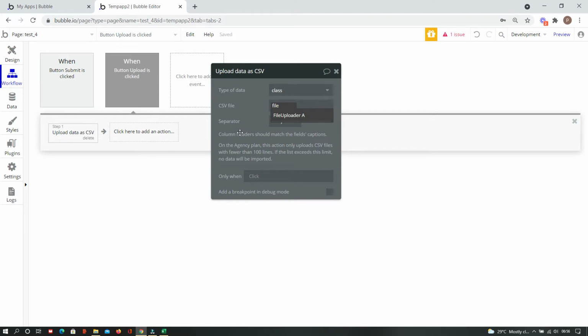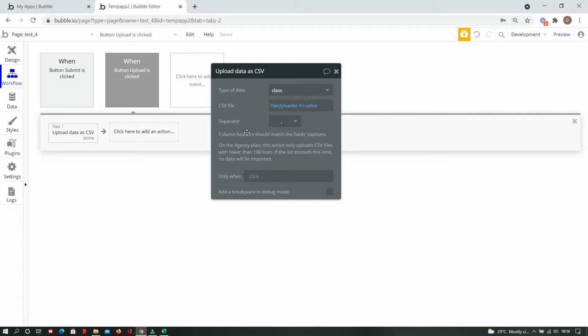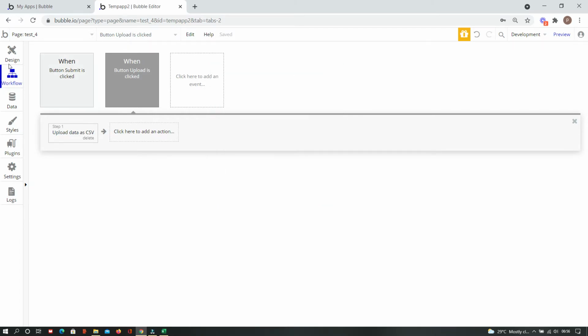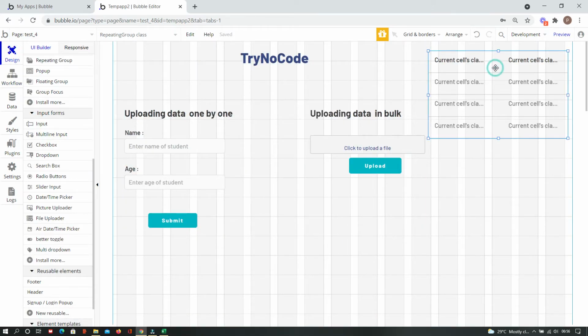And then our separator. We all know that CSV stands for comma separated values, so the separator is comma in the CSV file. So we select comma here, and then here we are having a repeating group, which is just to visualize how data is entered in our table.